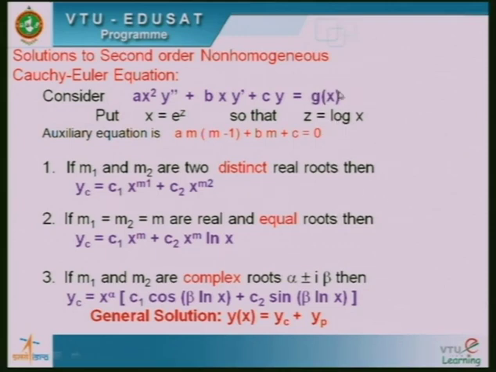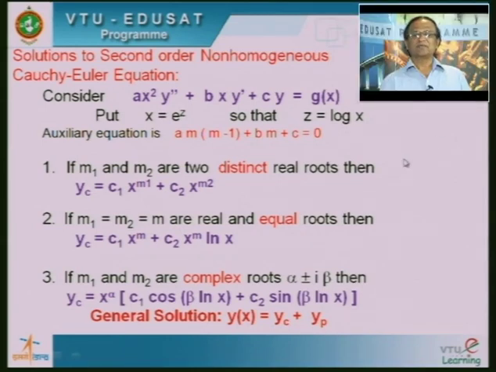Another case is when the right hand side function may be a function of the type sin of a x plus b or cos of a x plus b. So, how are we going to find out a particular integral? In this case, I am going to use the same formula that we have used in the case of a linear differential equation with constant coefficients. Particular integral is equal to 1 upon f of D into sin of a x plus b. I have to replace D square by minus a square. Remember, not minus a whole square, I have to replace D square by minus a square. So, I am going to use the same rule.